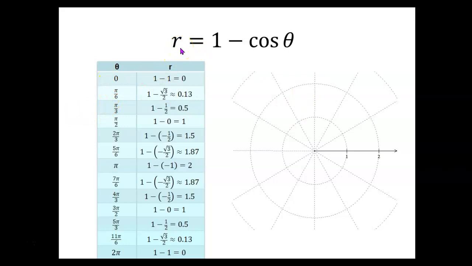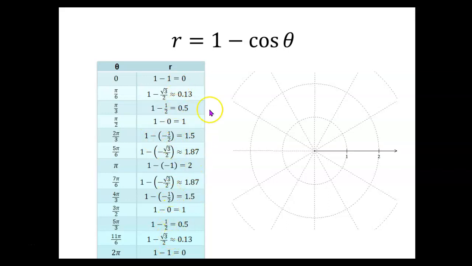So let's start with the example equation r equals 1 minus the cosine of theta. Here I've got a table showing various values of theta from 0 all the way around to 2 pi, and then what you get when you plug in those thetas to get the corresponding value of r. So like if you plug in 0, the cosine of 0 is 1, and 1 minus 1 is 0. If you plug in pi over 6, the cosine of pi over 6 is the square root of 3 over 2, and 1 minus that is approximately 0.13. The cosine of pi over 3 is 1/2, so 1 minus 1/2 is 1/2, or 0.5. The cosine of pi over 2 is 0, and 1 minus 0 is 1. The cosine of 2 pi over 3 is negative 1/2, and 1 minus negative 1/2 is 1.5, and so on,